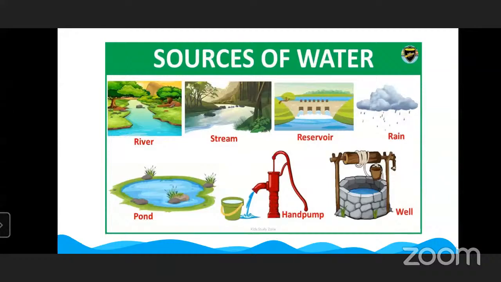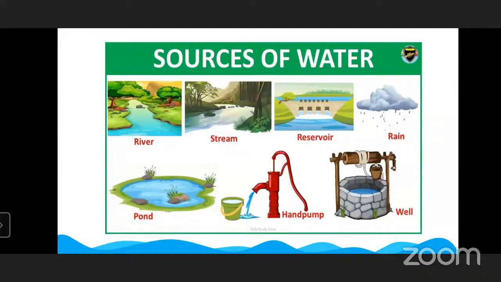For example, river, stream, reservoir, then rain. Rain is the main source of water. Then pond, hand pump, well, etc. These are all the sources of water.